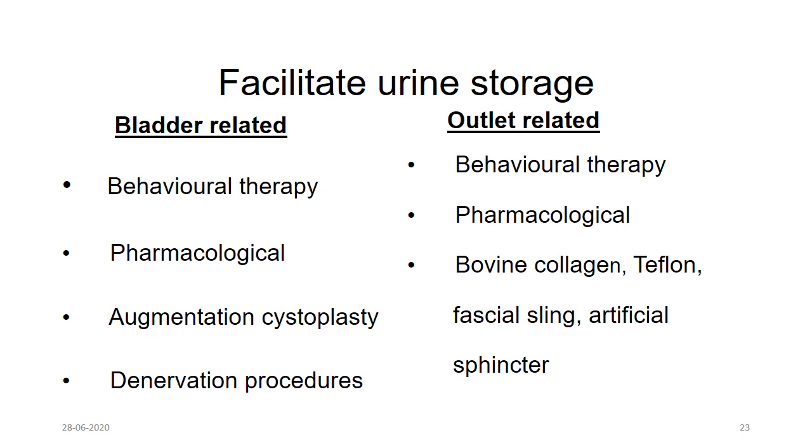In the pharmacological management, the first line of management is with antimuscarinics like oxybutynin, tolterodine, darifenacin, etc. These drugs have main side effects such as dryness of mouth and constipation. The second drug which is now commonly used is a beta-3 receptor agonist, mirabegron, which is given in a dose of 50 to 100 mg once daily.